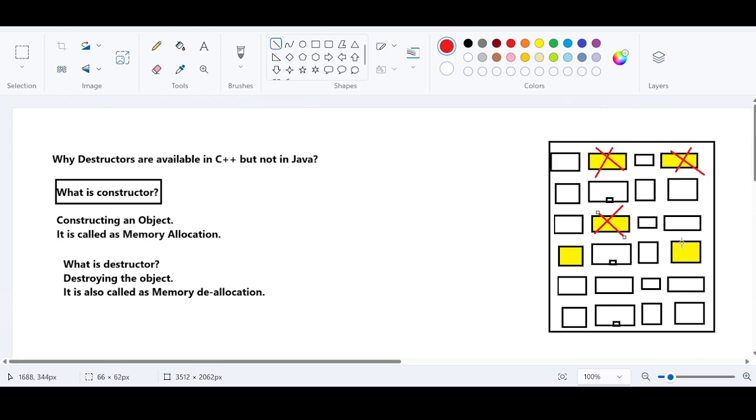The memory was allocated previously, right? That memory is going to get destroyed. Those memory areas would be freed up. The memory area will be empty. A constructor will allocate memory. A destructor will deallocate memory. I hope you have understood something. But the question here is,